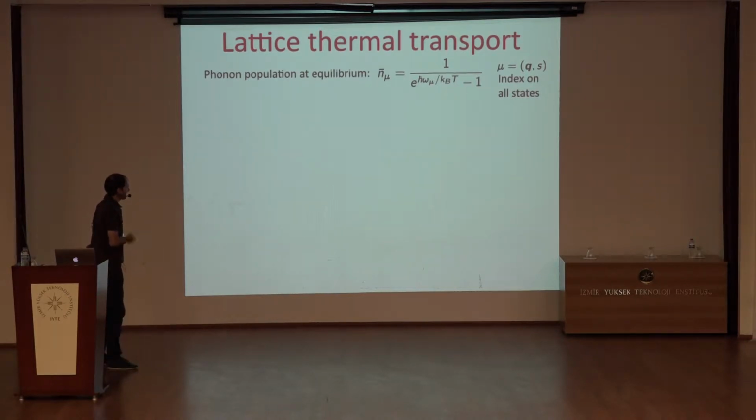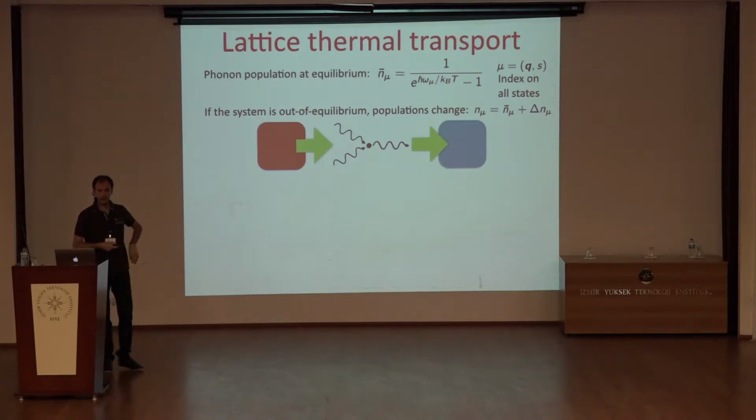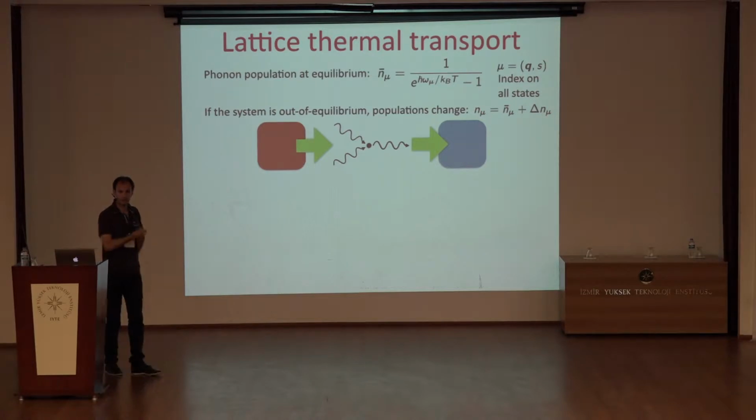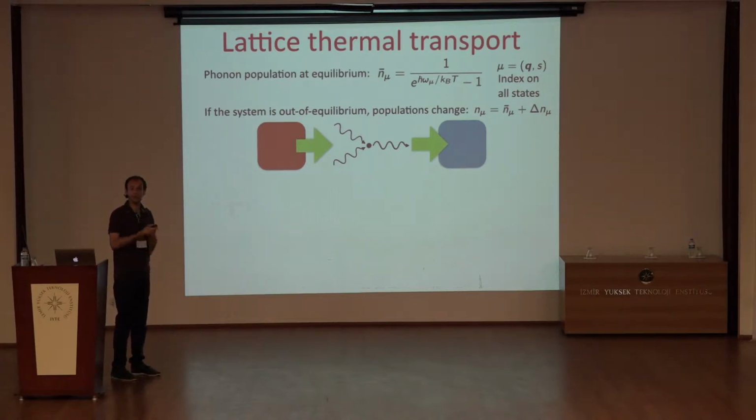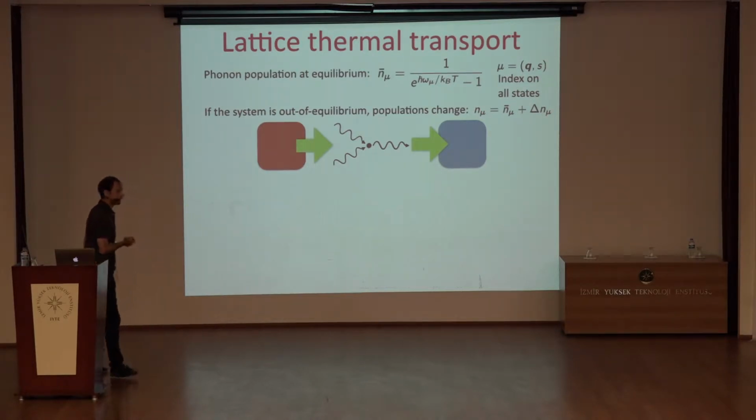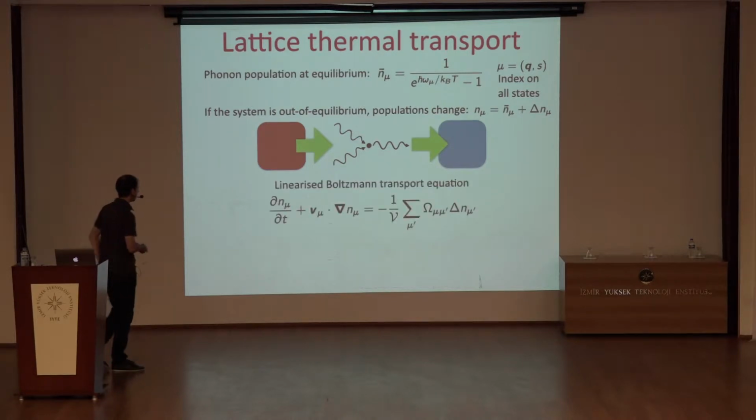I want to study thermal transport, so we apply a thermal gradient on top of our material, so that the phonon population is no longer described by the Bose-Einstein distribution function, but there is a deviation out of equilibrium, delta n, that we need to compute if we want to characterize thermal conductivity. One way to do this is solving the semi-classical Boltzmann transport equation,